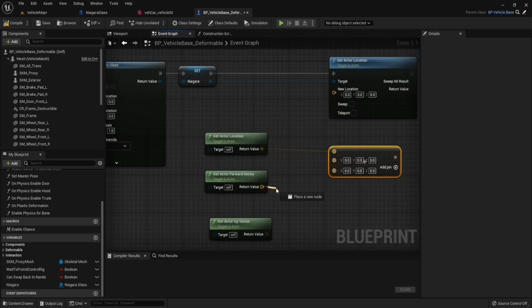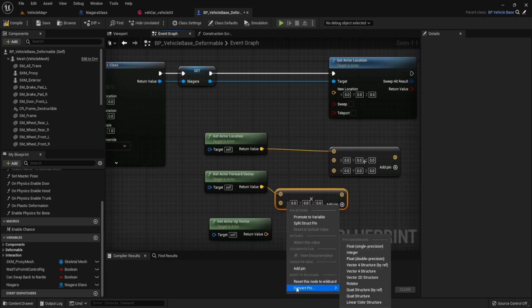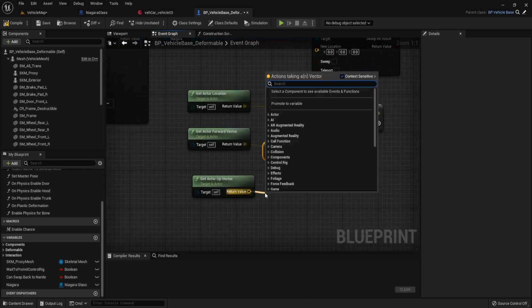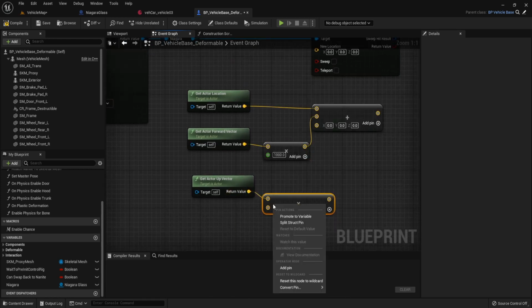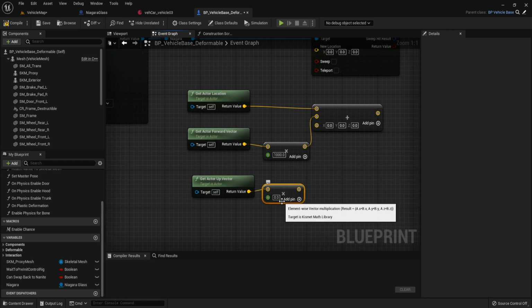In the forward vector, we multiply it with the float. Convert this to float, 1000. And add it to the actor location. Multiply, convert to float, and this one is 200.